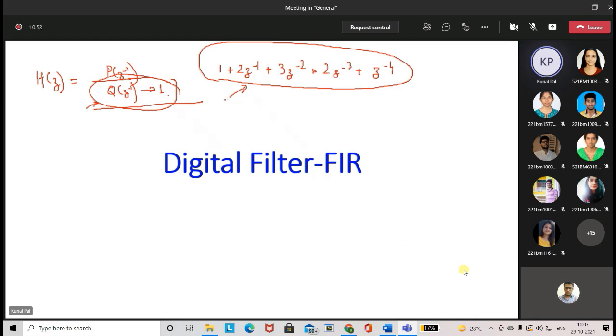Because of this, I usually prefer to start with the digital FIR filter, and then once your concepts are clear on how to implement the filter, I go to the bit more difficult implementing strategies that are employed in the IIR filter. But believe me, both are simple. Once you understand, both the systems are quite simple. So let's move forward.